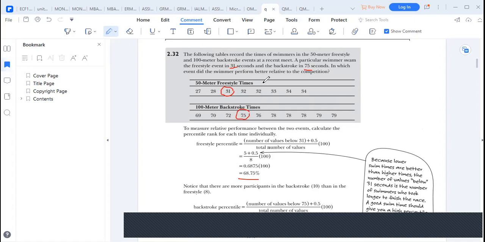Okay, so the question here is, we are calculating the relative percentile between the two events combined. So we're combining the two events